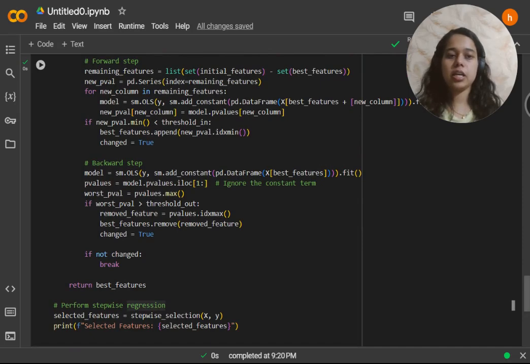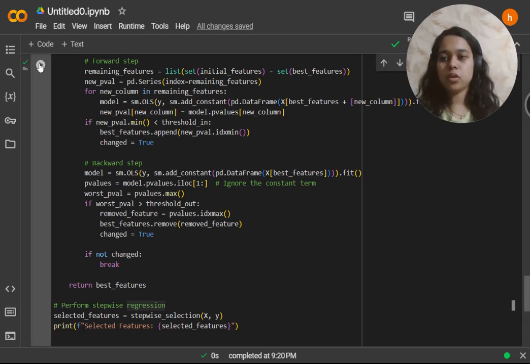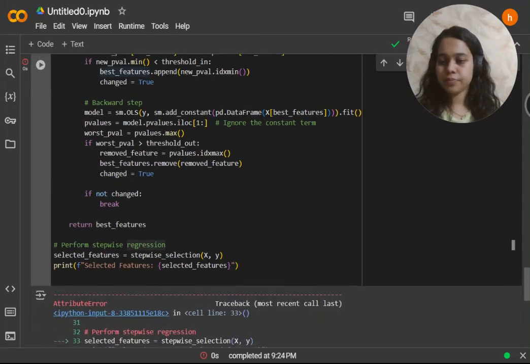In this function we alternate between adding the most significant predictors and removing the least significant ones, and the result is a list of selected features that contribute the most to the model. So let's run it.